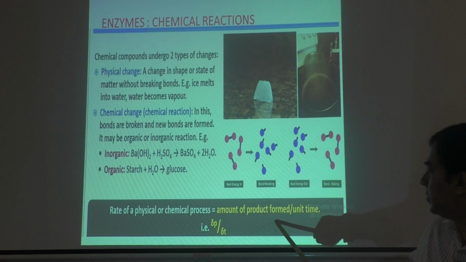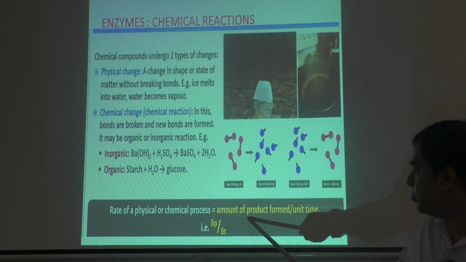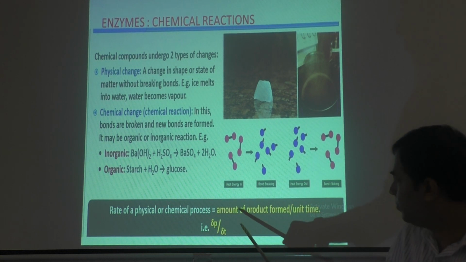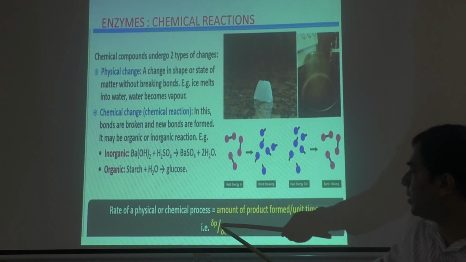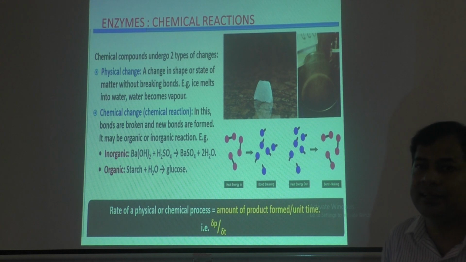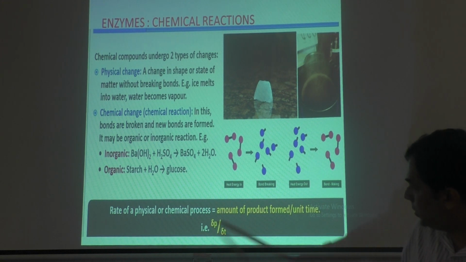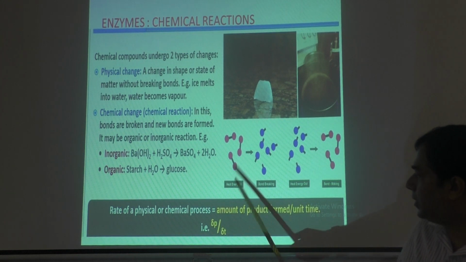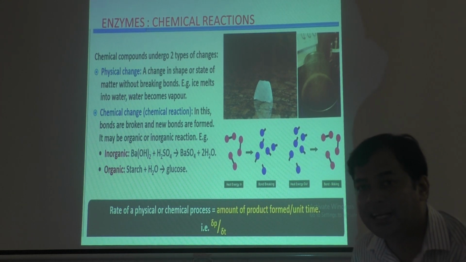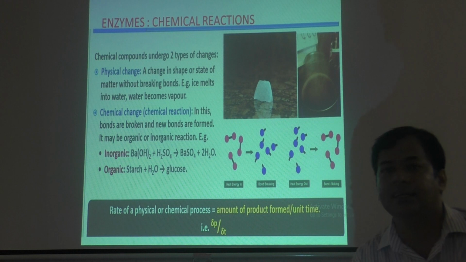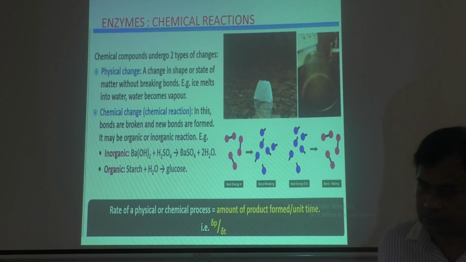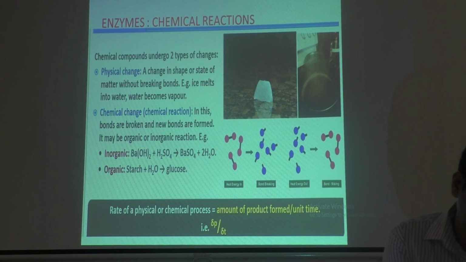The word product starts with the letter P, so P. The word time starts with the letter T, so we convert it to delta P divided by delta T. Same thing, the amount of product produced is delta P, unit time is delta T. So rate of reaction is delta P divided by delta T, that is the amount of product produced divided by unit time. Okay, so we'll go to